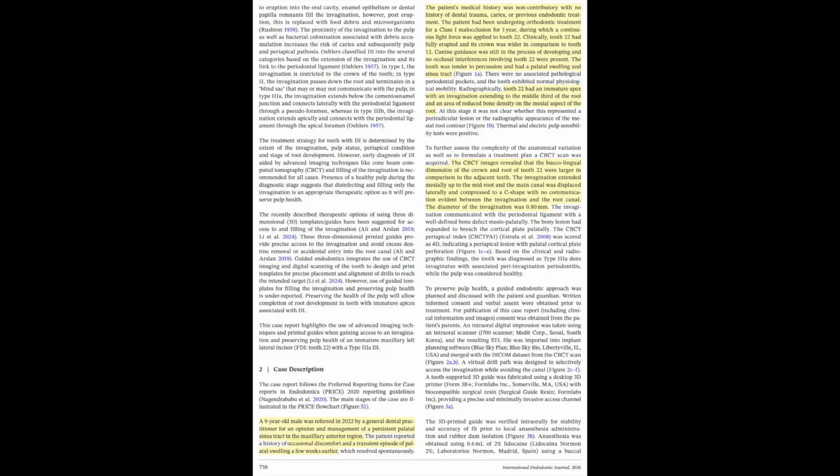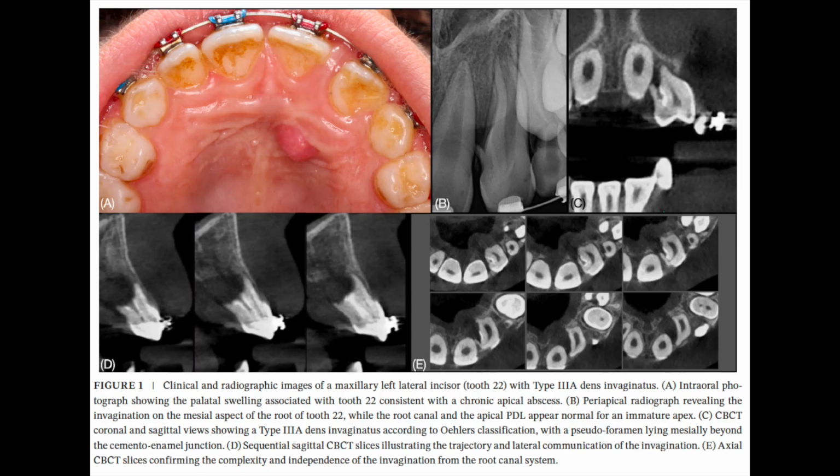For the patient's presentation, a 9-year-old male presented with a palatal sinus tract associated with immature maxillary left lateral incisor tooth number 22. Clinical and radiographic examination identified type 3A dens invaginatus with a pseudoforamen and a peri-invagination periodontitis, but a healthy pulp. For the diagnostic imaging, a cone beam computed tomography scan was acquired to assess the anatomical variation and